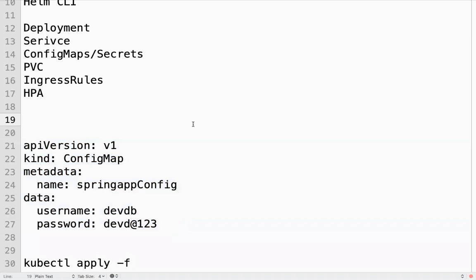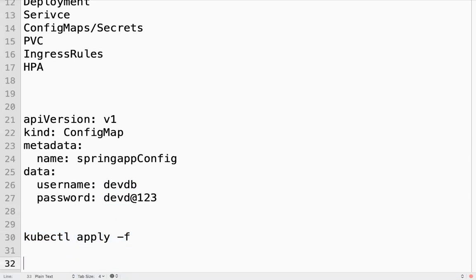If I use a manifest something like this, will I be able to use the same manifest for all the environments? Will I be able to inject these values at runtime? What is at runtime, when we are applying, when we are installing? Is it allowing as of now? It's not allowing us to pass values at runtime.